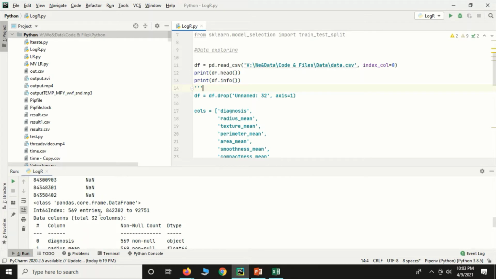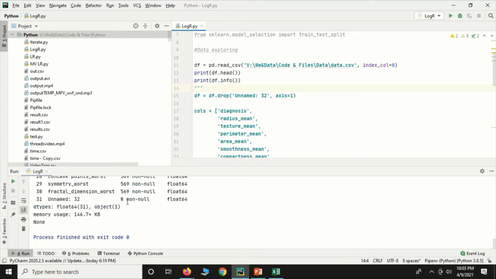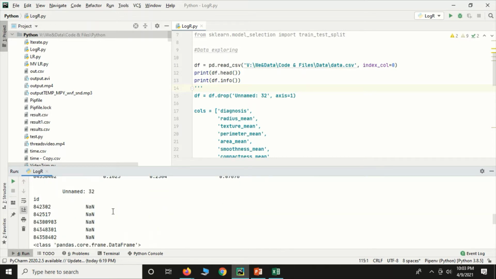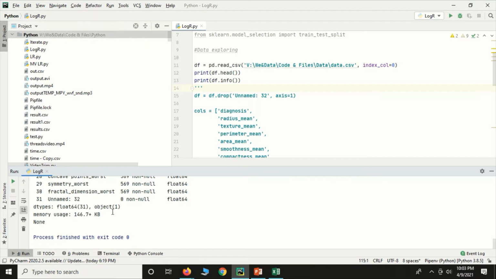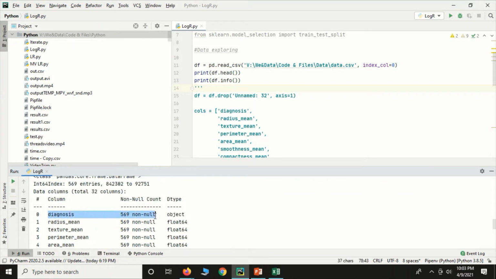There are 569 rows, and the total is 32 columns. Unnamed: 32 is a null value. There is no value in that. It's NaN. There is one object column, that is diagnosis. All other columns are float.